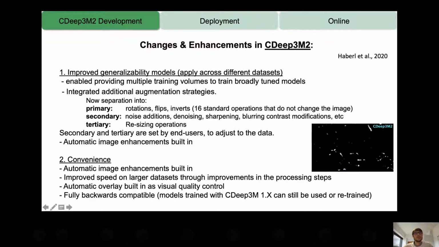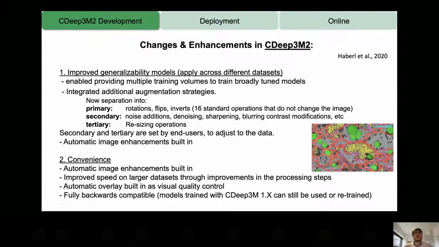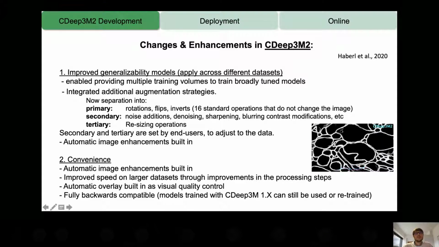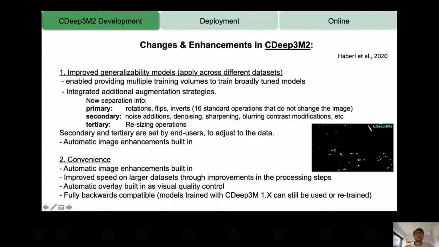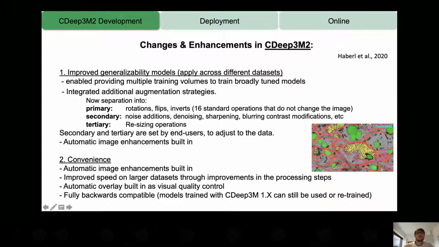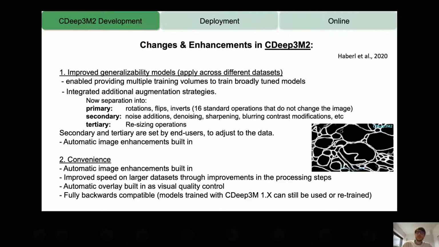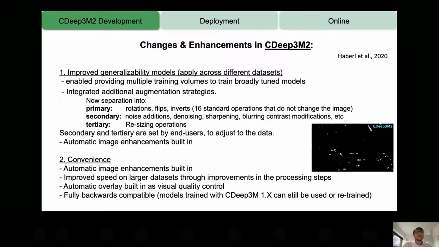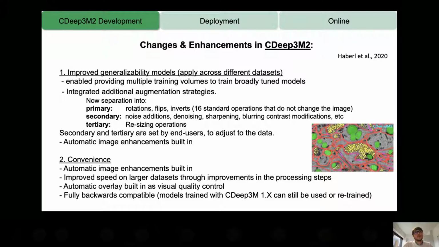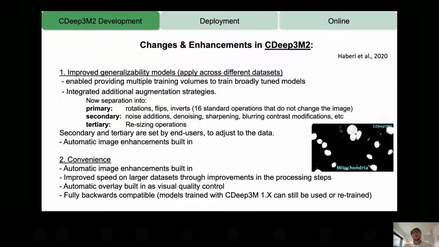So basically everything that does not change the image is a primary augmentation. Whereas secondary are these typical noise addition, denoising, sharpening, blurring, contrast modifications. And tertiary are resizing operations. And there's a reason for dividing it into those three, because when you train your network, if you only do